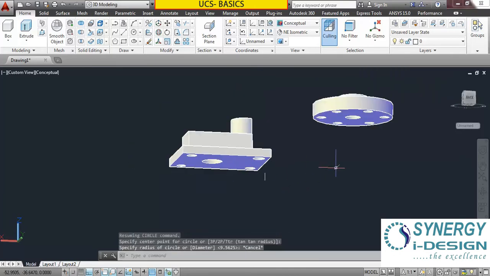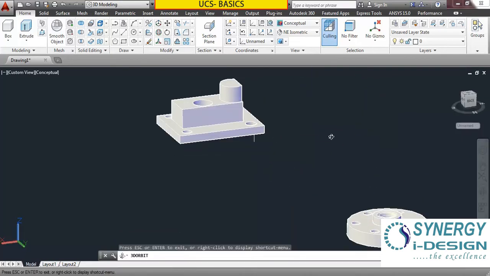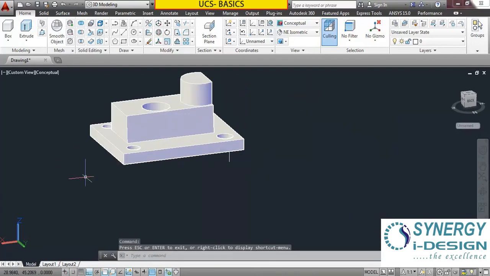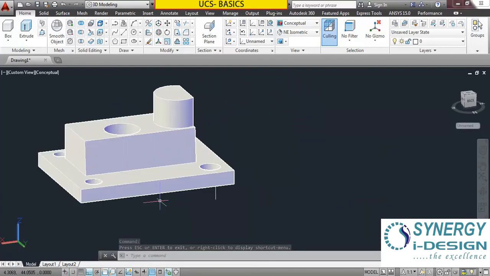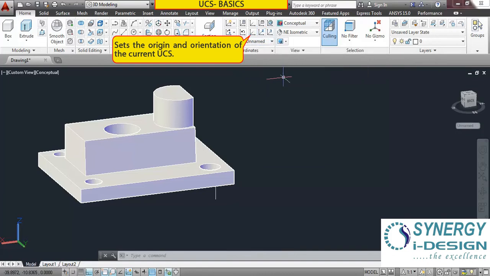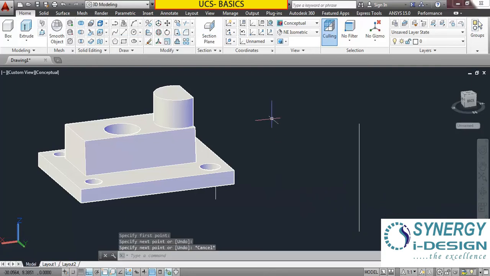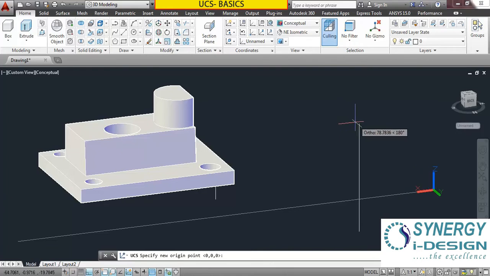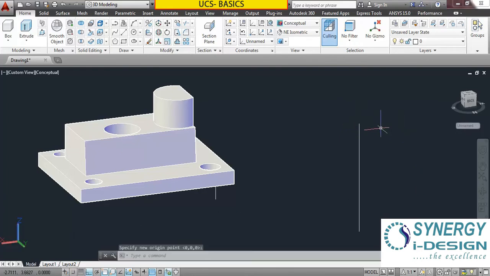But suppose we want to draw something away from this particular face, then we need to put the UCS on the bottom face. For this purpose, UCS origin, Z-axis vector and 3 point are given. UCS origin is nothing but, if we have a line like this and we want to put the UCS on the top of this line, or the end point of this line,